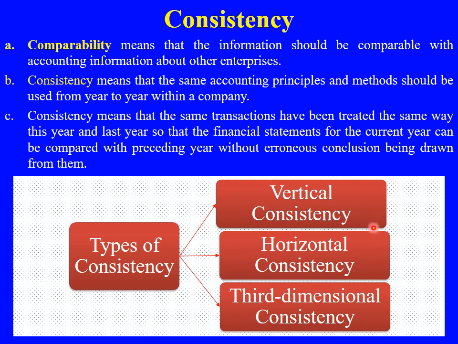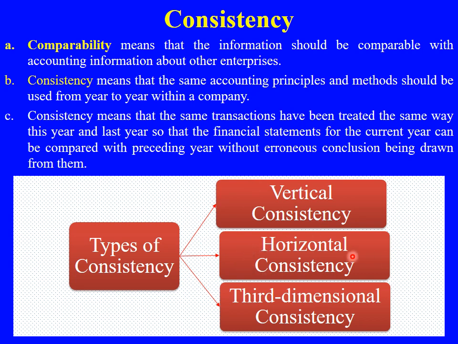So depreciation we charge, right? If we follow the straight line method and calculate the amount, that amount we need to show in the profit and loss account along with the balance sheet. If you follow the straight line method to show the value in the profit and loss account and the written down value method to show the value in the balance sheet, then that is not consistency. If you follow the same method from the profit and loss account to the balance sheet, using the same techniques to charge depreciation in both, then that is what we call vertical consistency.